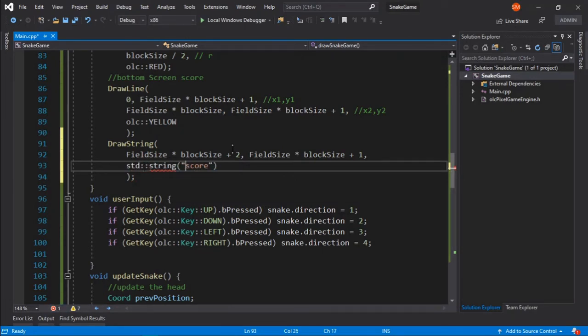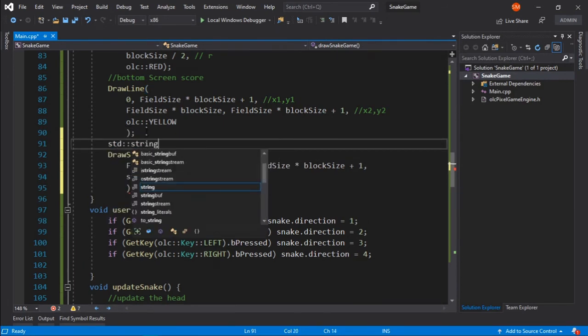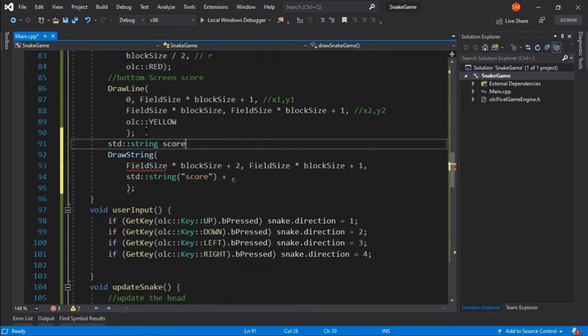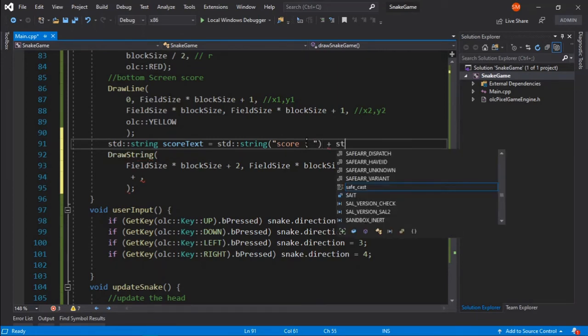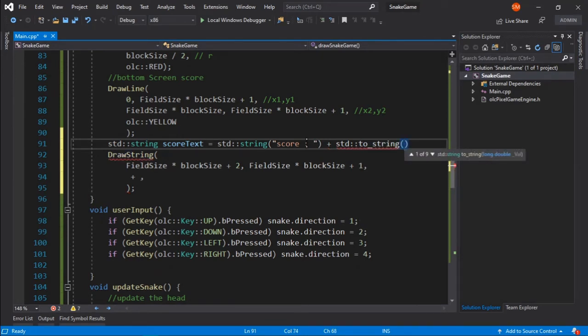So std::string score text, and this will be the string score, then a colon, and then std::to_string, and here we will pass our score.